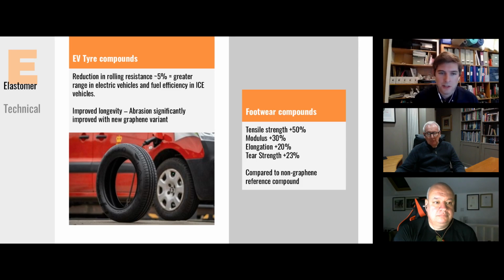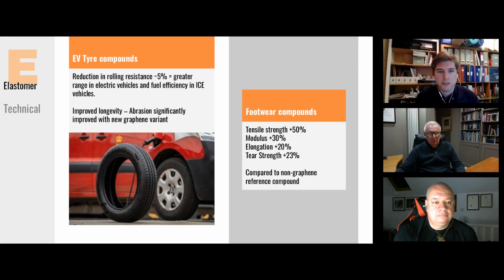So, for EV tires, again, a key issue is because of the high torque and the massive weight of the batteries involved. Some of these batteries can weigh up to about 600 kilos. You're getting a huge amount more wear, and so that's why we're designing specific EV compounds. And again, graphene is not just one material that works in every application. We've had to significantly modify our graphene, and we've actually found our new Spanish graphene material is providing much better abrasion resistance than our Nanene or GMP HP grade material.